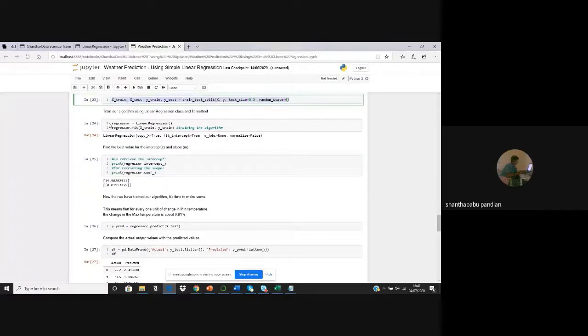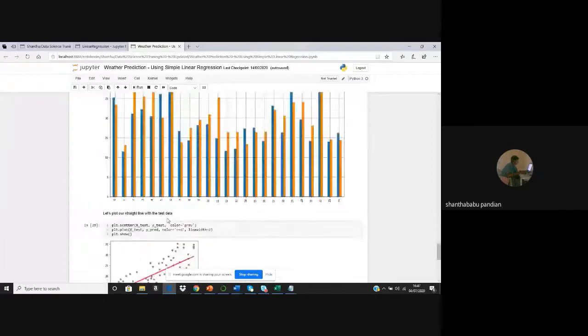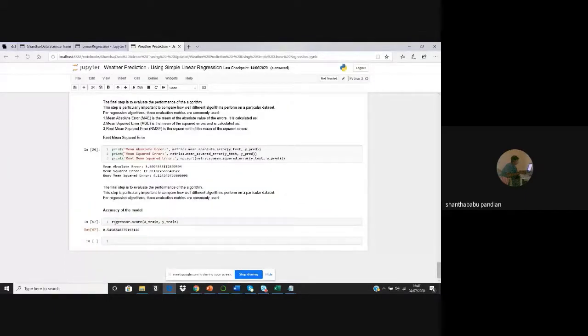Okay, so here with the simple statement, regressor dot score, I can get the value 0.54. This is nothing but 54 percent. 54% is nothing but just about 50%. The model is fine, but anyway, the percentage is really very low. But anyway, we have tried the maximum, because the given data set is like that. That's the reason we are getting this. And in the same way, after you apply the model,